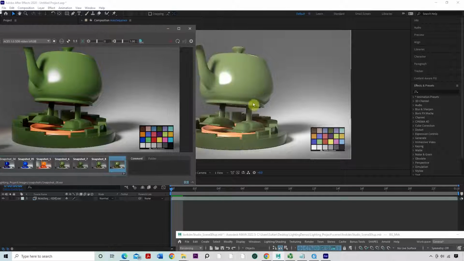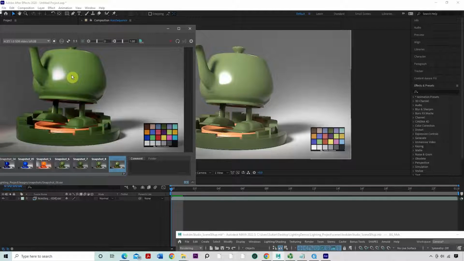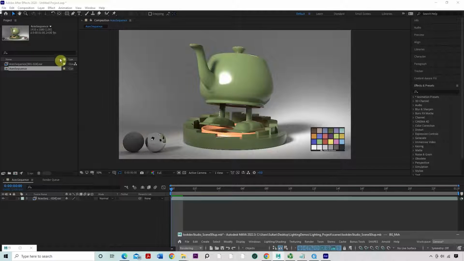Okay, so the After Effects one is washed out. Maya's one has more saturation, vivid colors, and certainly the highlights are better, as you can see. Anyway, going back to After Effects, to solve this, the first thing we need to do is make sure that our